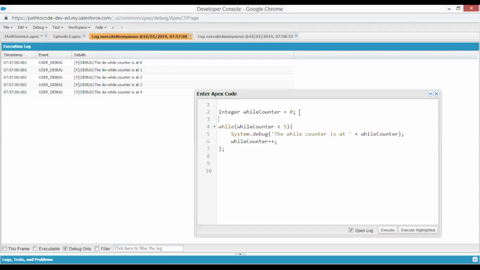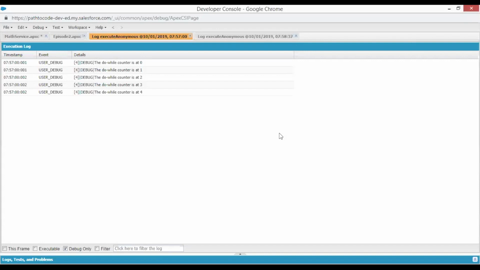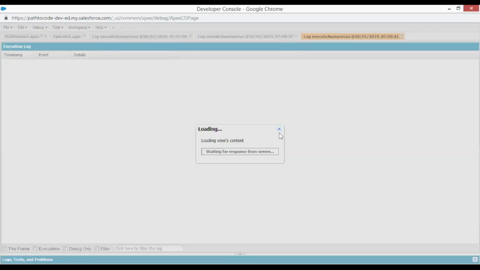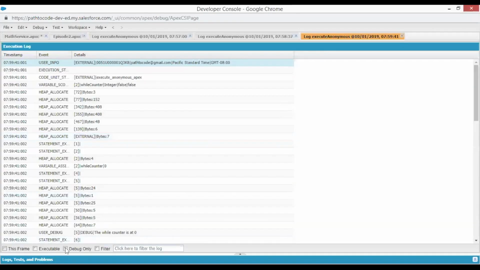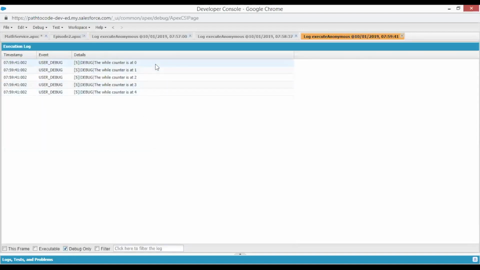I guess there is a problem with the statement, and it is this. There was an extra semicolon within my code. This is also executing, and it executed based on the condition that I have stated. So do while and while, based on when you want to check the condition, you can opt for that particular loop to be used in your program. Now,